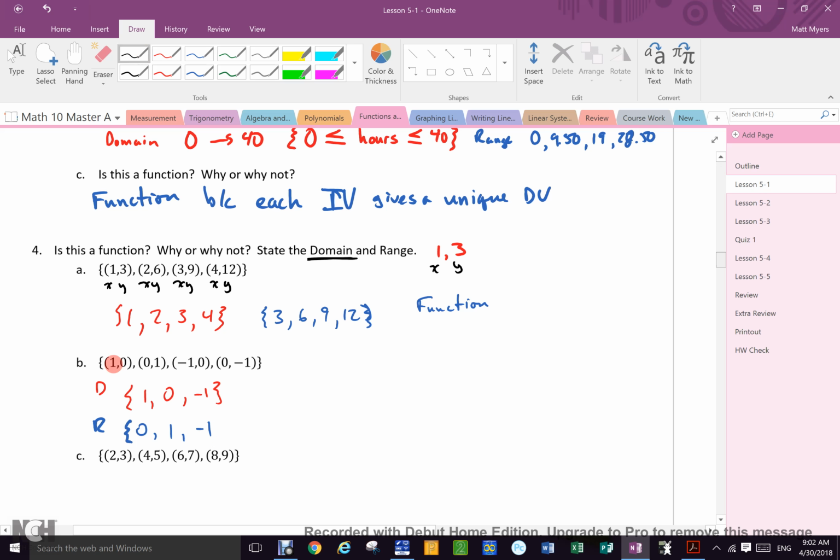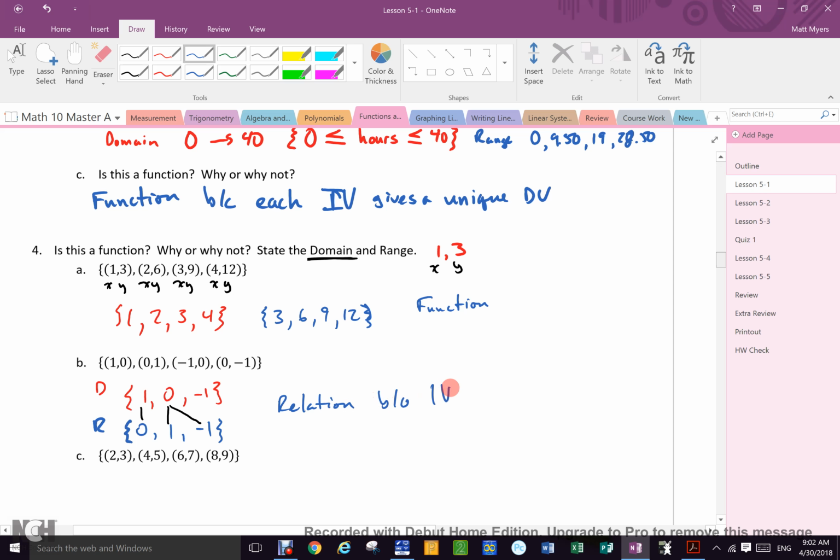Now, 1 gets 0 and nothing else, right? So it's a function so far, isn't it? 0 gets what? 1 and negative 1. So is it a function or relation? Relation. This one is a relation